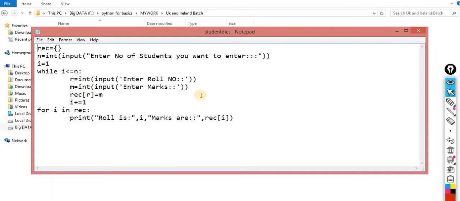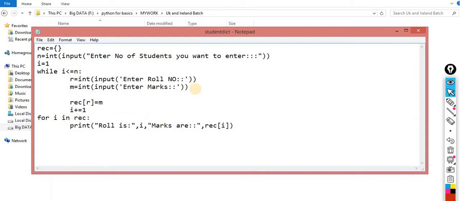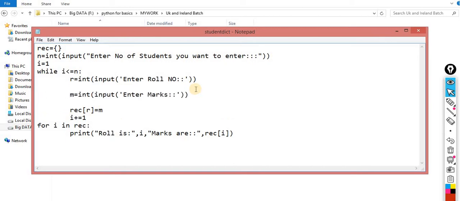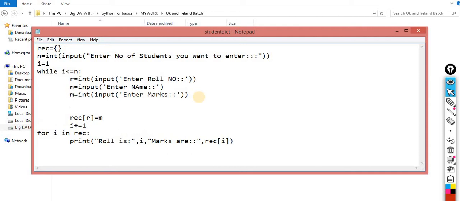So what was the student dictionary? This was the problem, I think. So open with notepad. Okay, yes, this is the problem statement. Now what was the next? You have to add multiple details. So multiple details, I am asking marks, and then I am asking name as well. Okay, let me ask the name. So n is equal to input of enter name. Okay, I am entering the name. So name, marks, and let's take one more, that is the city.